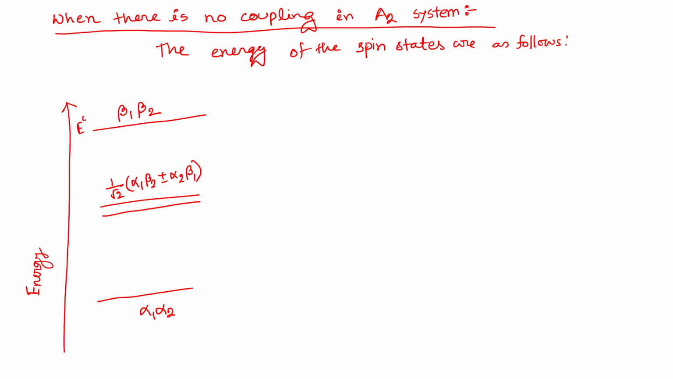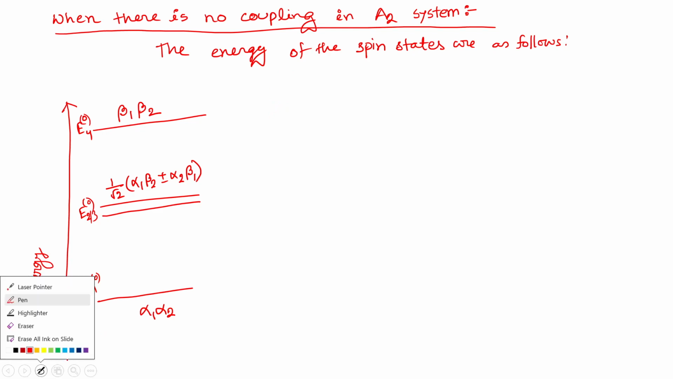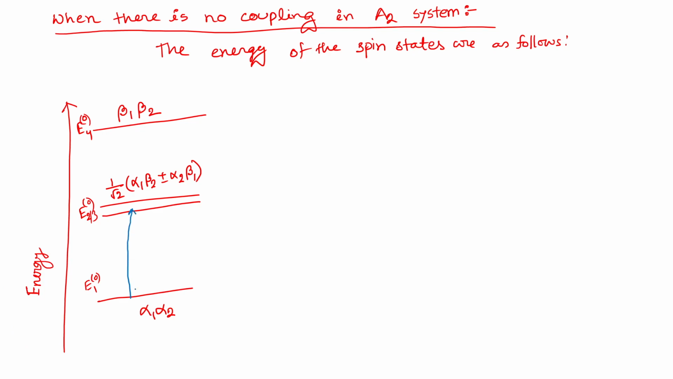So this is your fourth, two or three together. This is your unperturbed one. So we cannot go from alpha 1 alpha 2 to beta 1 beta 2, we can only go to these states. So what transitions are possible now? Alpha 1 alpha 2 to this one. Obviously these are of similar energy, and these two. But as you can see, all these energy gaps